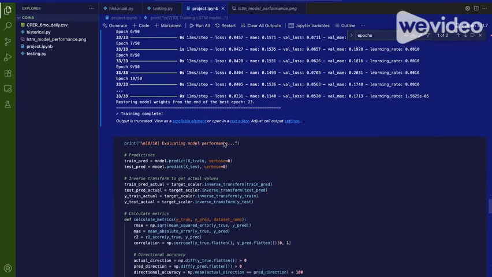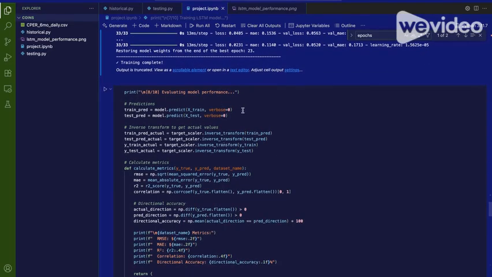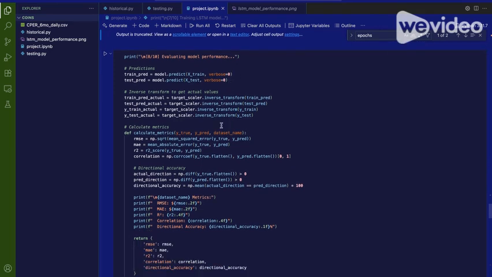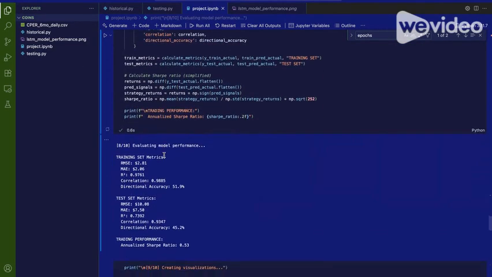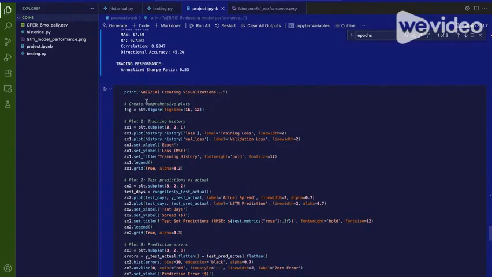Now, once the training is complete, this is plotting the predictions, plotting them against the actual values along with all the metrics. I calculated RMSE, R squared, correlation, and MAE, and then I have directional accuracy, which is basically a difference calculation that helps me understand if it's good for actual trading. Sorry if I'm taking up too much time, and then here it's just visualizing